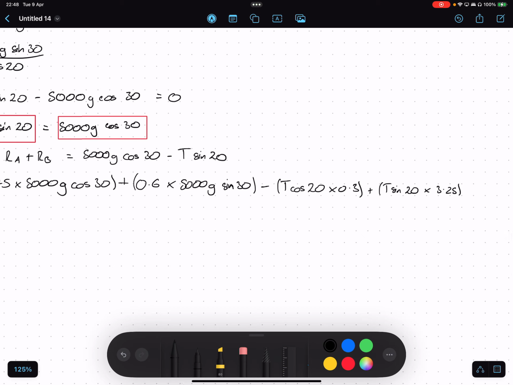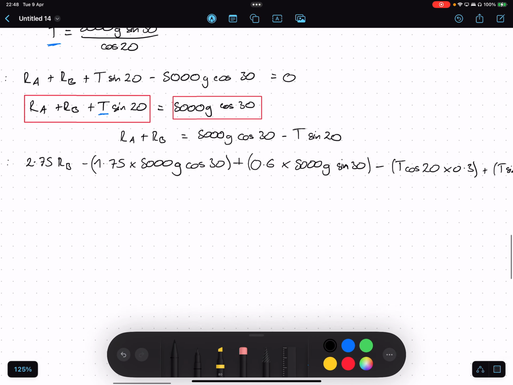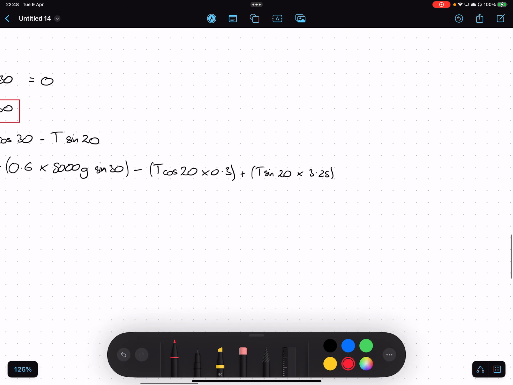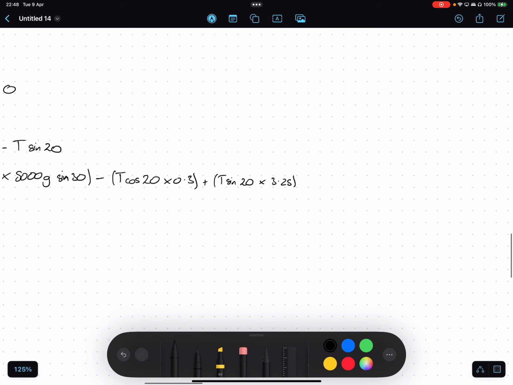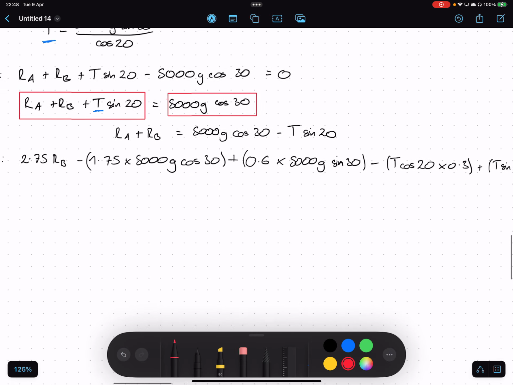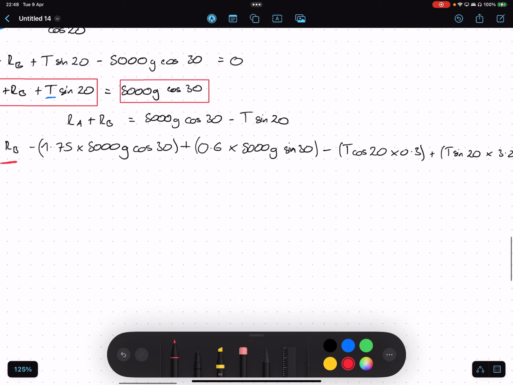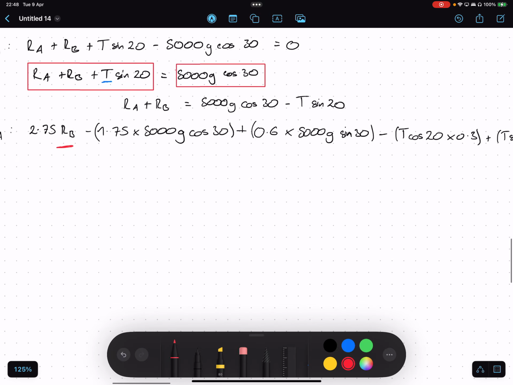So through a bit of rearranging, we can see that we can get, and again, actually just before we move on, let's set this equal to 0, because we're in static equilibrium. Through some rearranging, we can isolate RB. And note that we don't have RA here. So once we've found RB, which I will leave to you to plug numbers in and rearrange accordingly and appropriately,